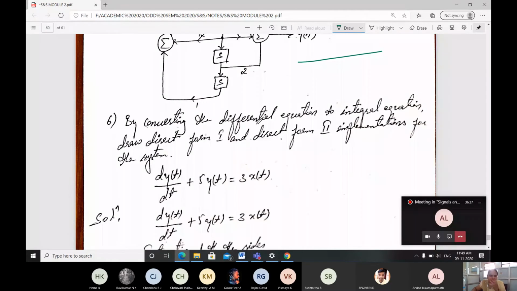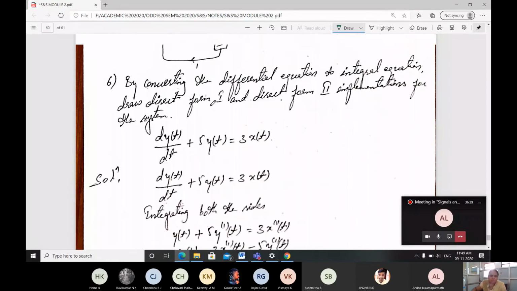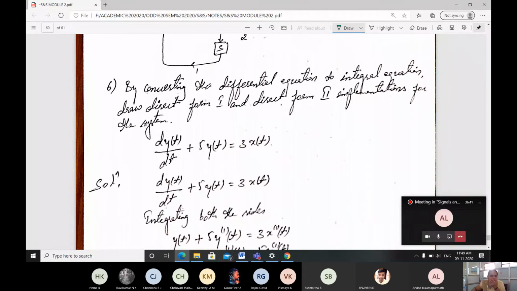Next we will solve for the continuous time. Convert the differential equation to the integral equation, and give direct form 1 and direct form 2 implementations for the system. What is the system here? It is given dy of t divided by dt plus 5 into y of t is equal to 3x of t. The equation is given in terms of